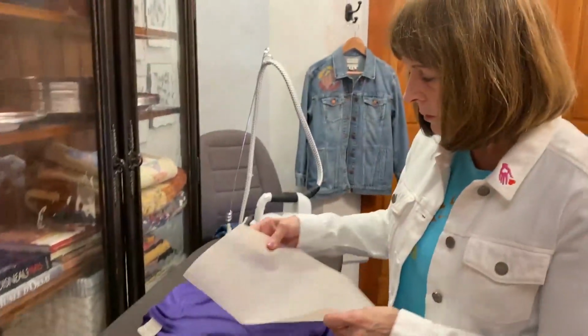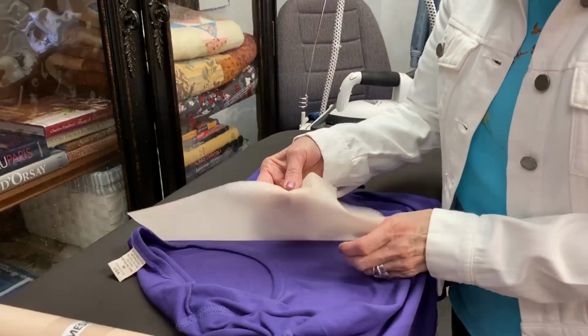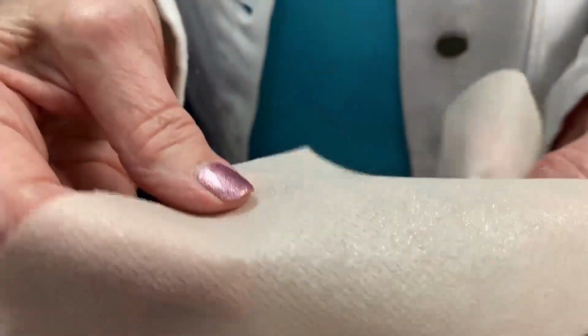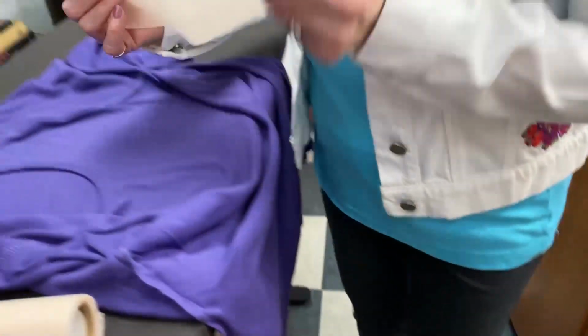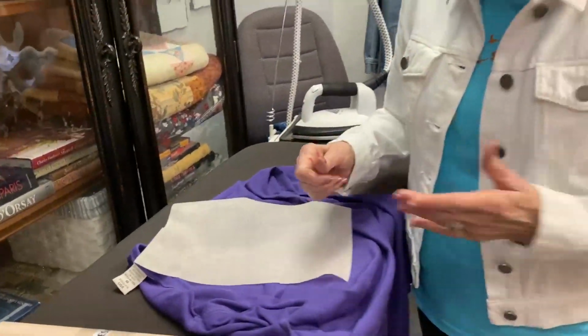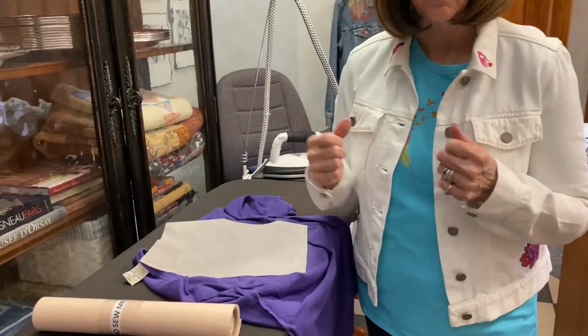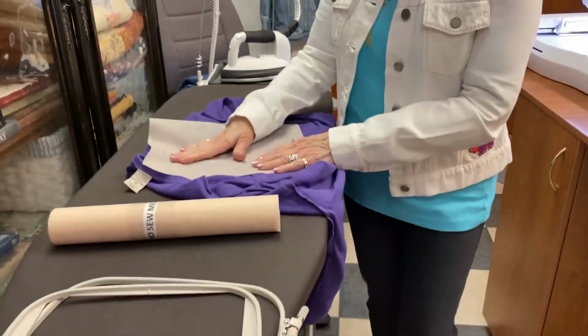Now, before I do this, the reason that I'm using the no-show mesh fusible, and I don't know if the camera can pick that up, there's a shiny side, and the other side is the fusible. And then the reason that I do that, knit, as you know, stretches a lot. And sometimes, remember, on the knit or the jackets too, it can stretch. So when you're using a fusible...